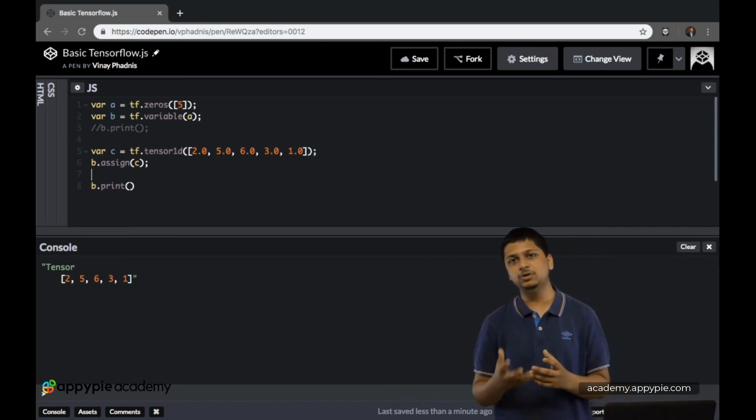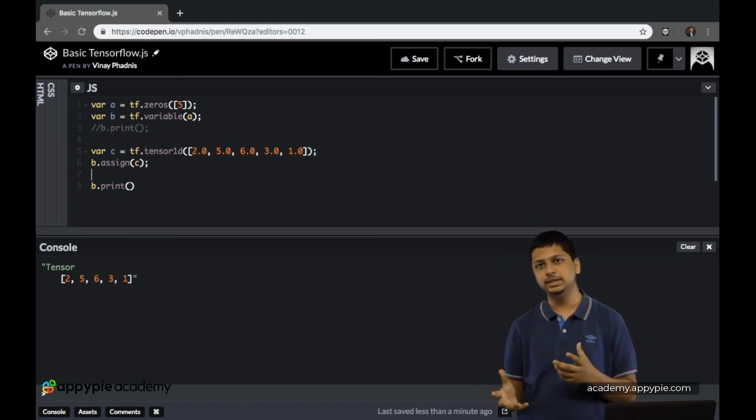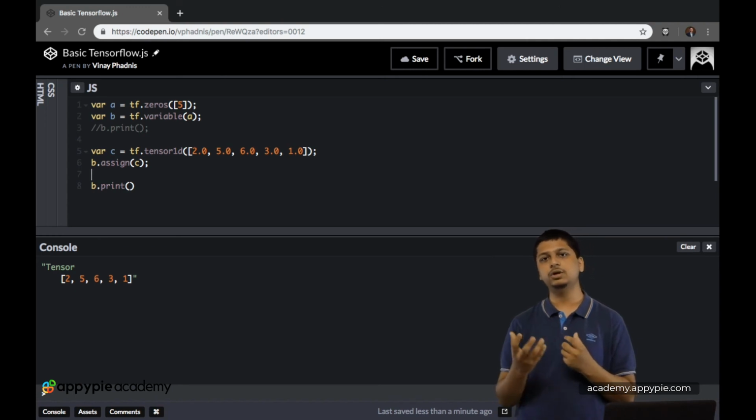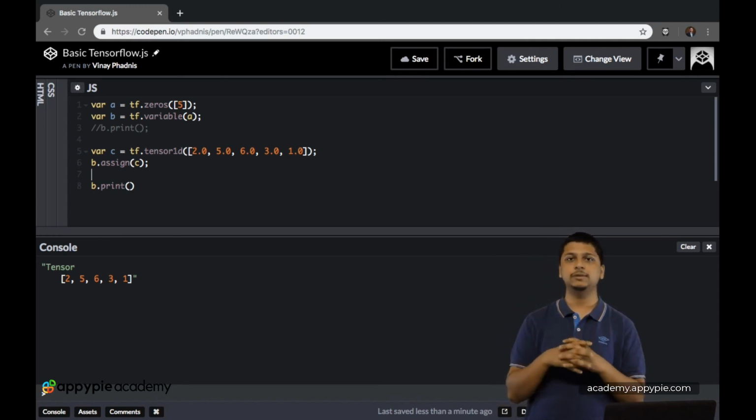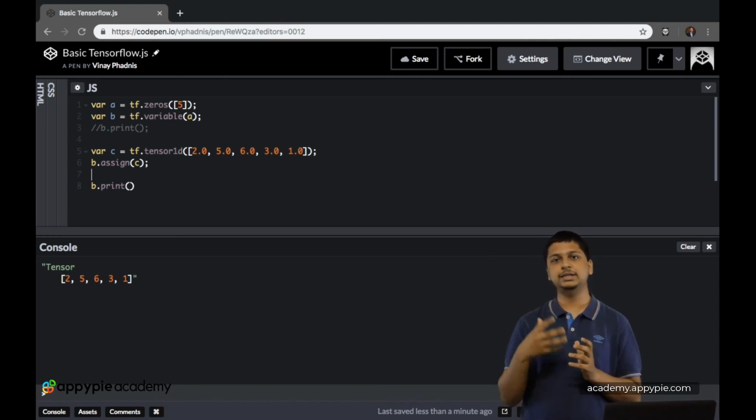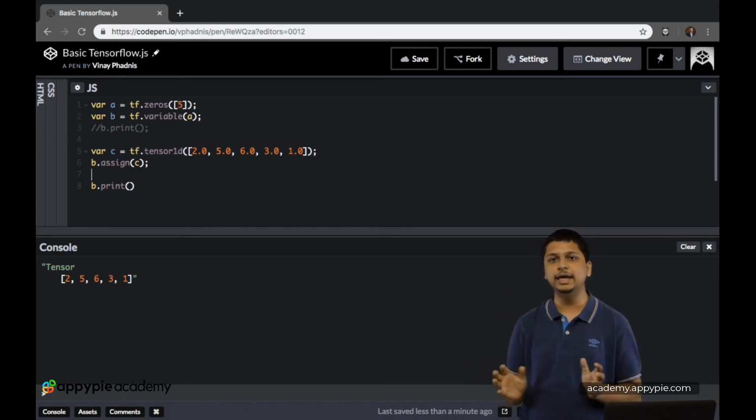Okay, so this is how variables work in TensorFlow. You do not have a whole type of variables because the only thing which matters in TensorFlow is a tensor, and you can declare any dimensional tensor by using this very same method.